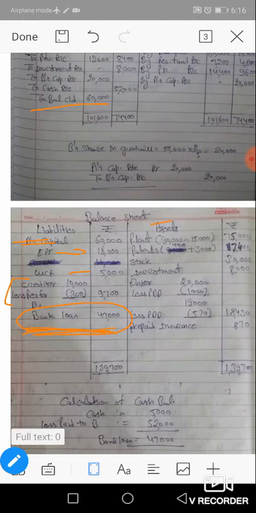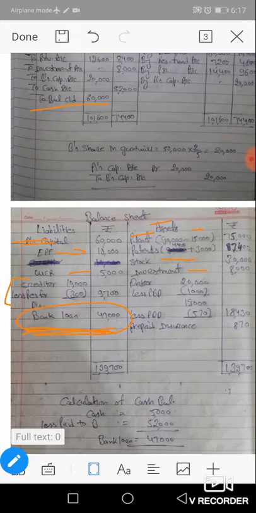Now come to the asset side. Plant 90,000 but overvalued, then minus, net amount is 75,000. Patent 4,400, increased by 3,000, then 7,400. Stock as per given information 30,000, no change. Investment valued at 16,000, in which 8,000 purchased by B. So balance investment is 8,000: total 16, 8 purchased by B and balance is 8.